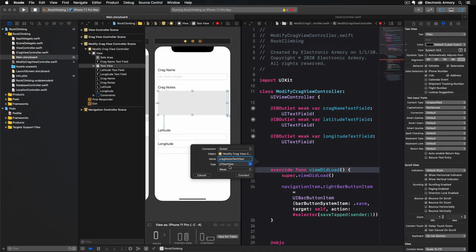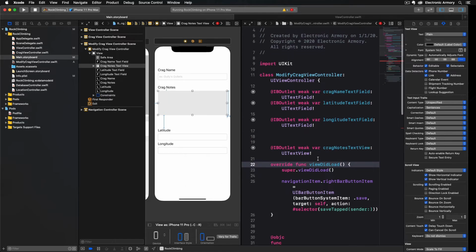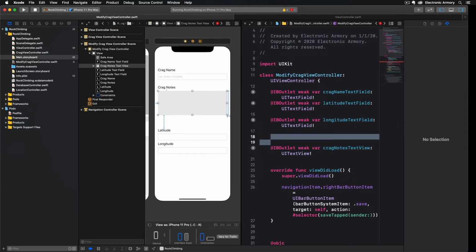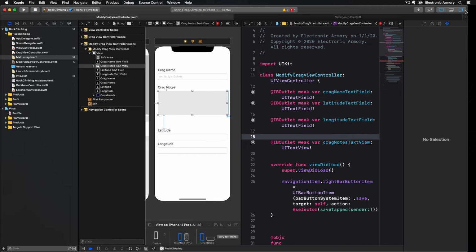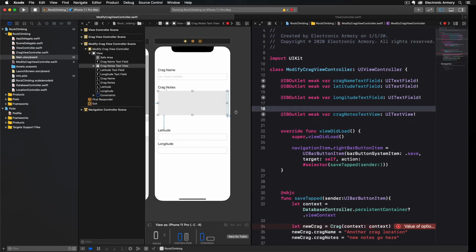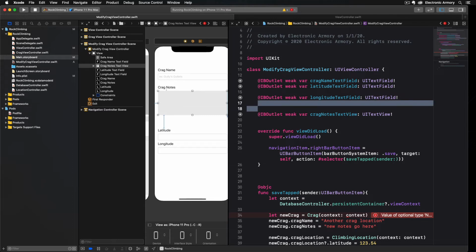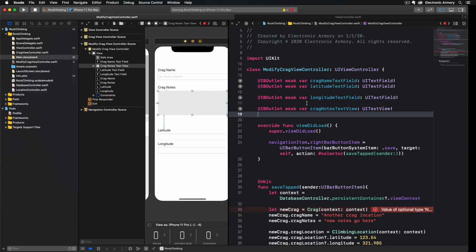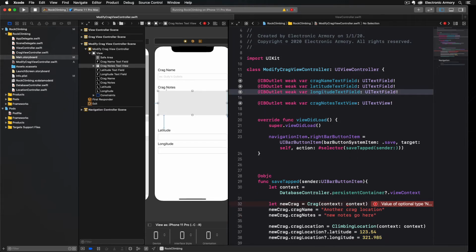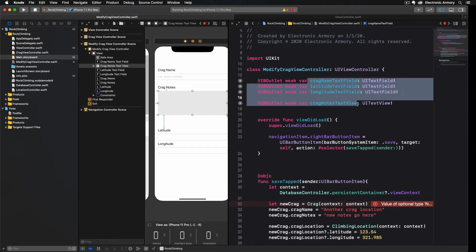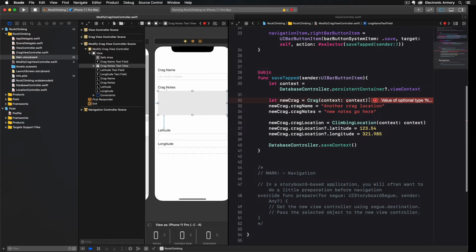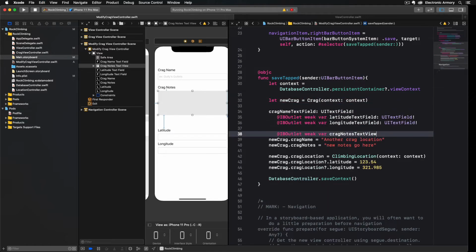You can always tell what type it is by this little type field here. Hit connect or hit enter. Clean this up just a hair, and let's close this so you can see it all in one line. Okay, no big deal. So UI text fields, basically I'm just going to copy all these because I hate typing. Paste these in here, and then grab these, paste,